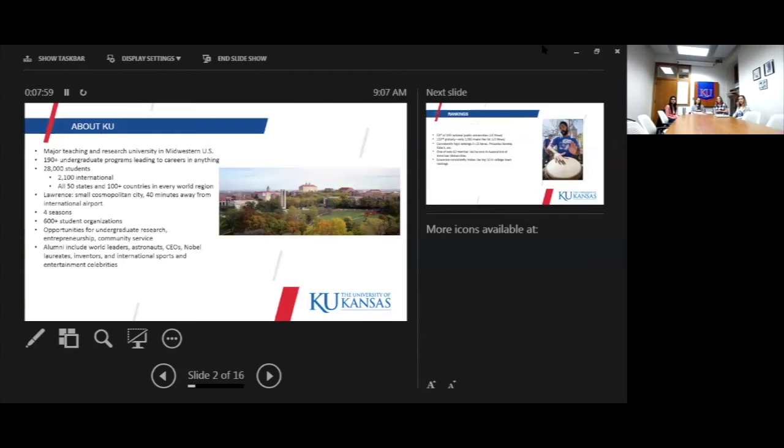Just to tell you a little bit about KU, we are a major public teaching and research institution located in Kansas, which is exactly in the middle of the United States. We have nearly 200 undergraduate programs to choose from. There's such a wide variety of programs that almost anything you may be interested in, the chances are that we might have something that would meet your needs. We have around 28,000 students across 3 different campuses, but the majority of those students are located at the Lawrence, Kansas campus, which is